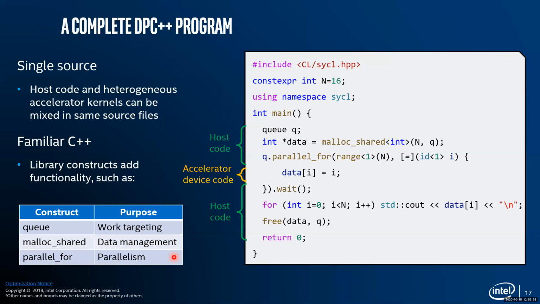We also get introduced to some library constructs like queue, which we use for targeting work to a device, and malloc_shared, which is used for data management in a DPC++ application. We also use a parallel_for function where we are passing in the range and the ID